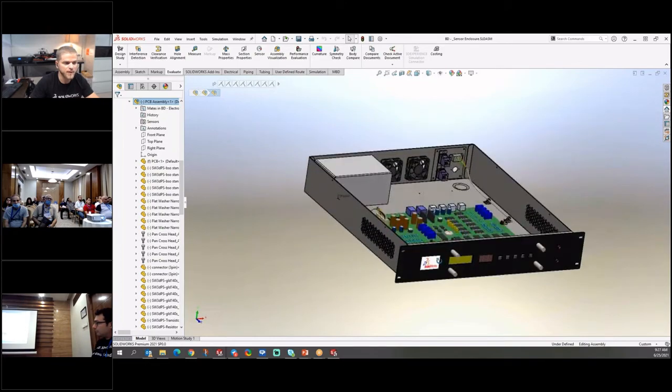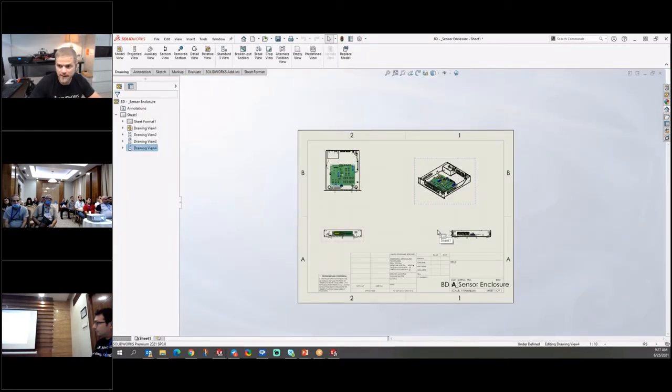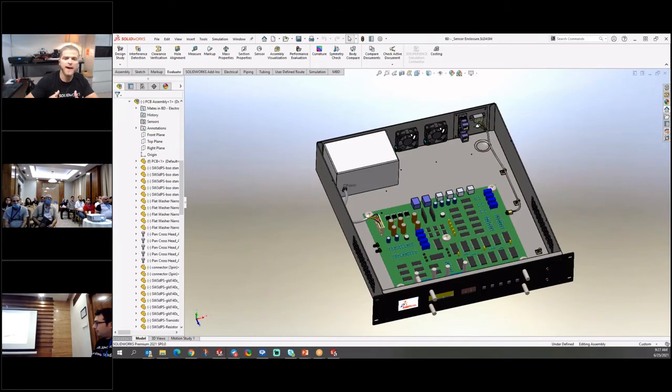Maybe I'd pick the entire PCB assembly, the entire board, remove that, and then return back to the drawing and see if the problem went away. And then I could return back to the assembly and bring back a couple parts at a time until the problem comes back. That tells you, okay, I know I can narrow it down all the way until I find out what part it is. That takes a while though. Again, that is actually something that will take you quite a bit of time to narrow that down.